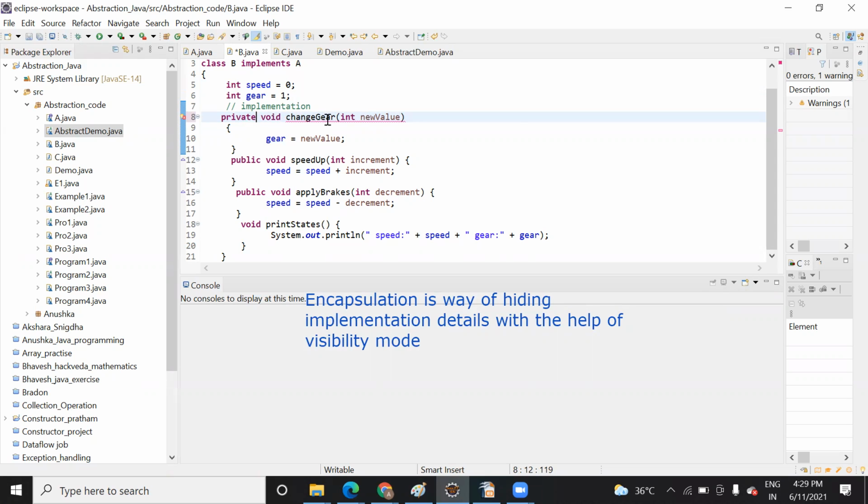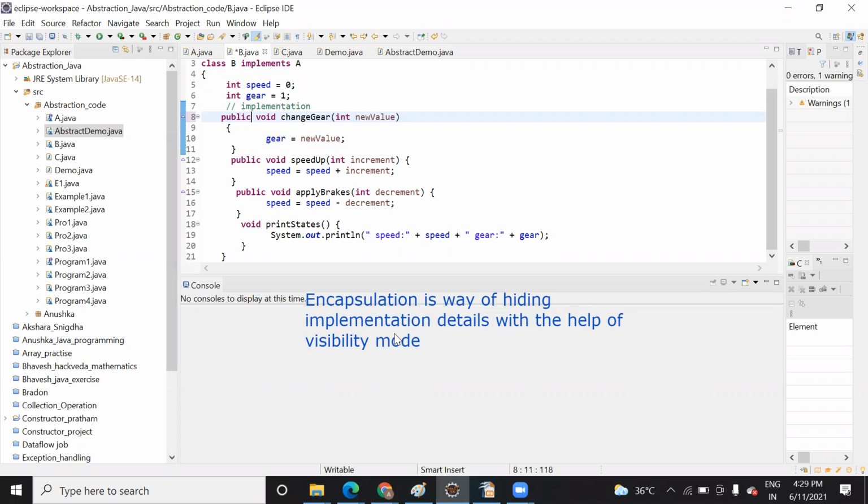Here the error is coming because I am implementing this function. But if you declare this private, it will make its content also private. So that method binds its data also and converts it into private. Do you understand? Yeah. Okay.